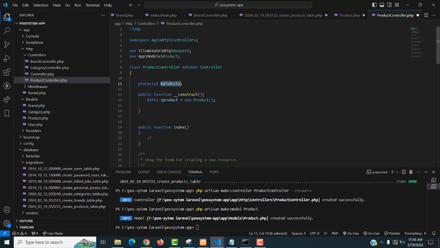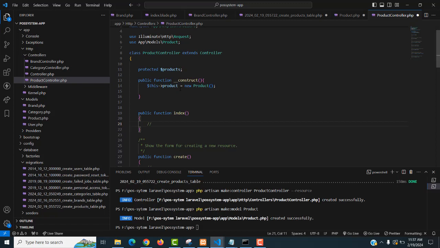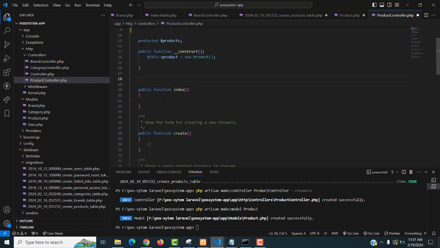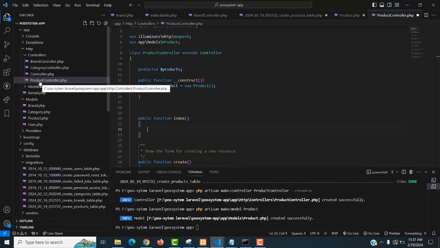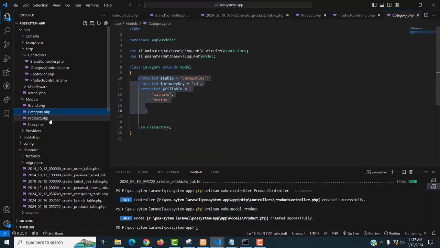First you have to create this model. We have to access this model to communicate with the database, so we have to create the object of Products. First you have to create the variable, and this variable you have to set here. After that, we have to view the data and create the data, all of those things. Here we have to connect with the foreign keys relationship, the primary key and foreign key relationship. You can see here